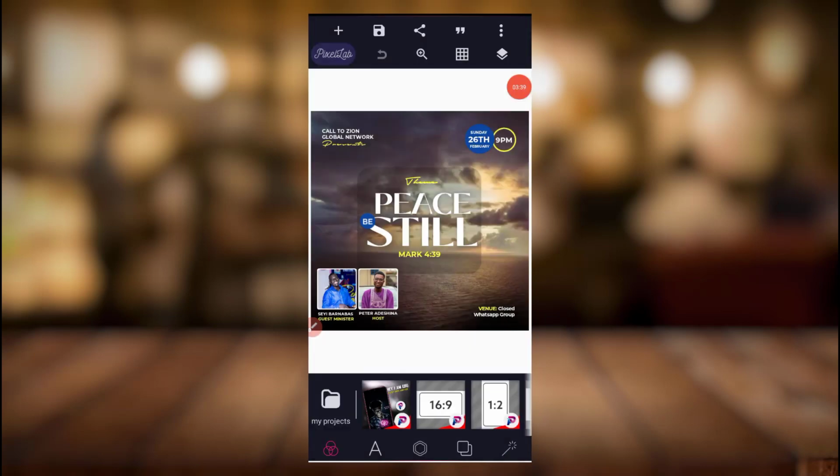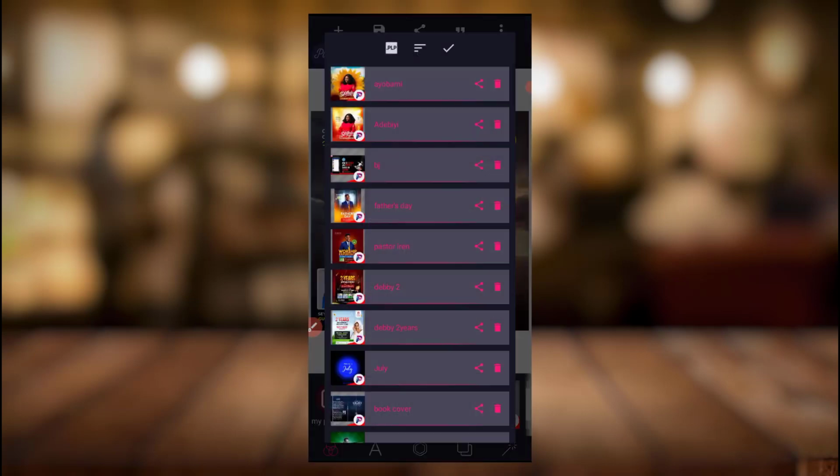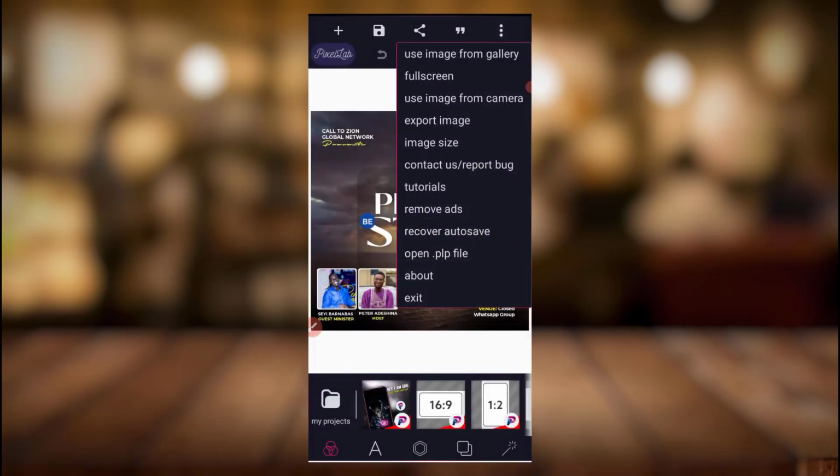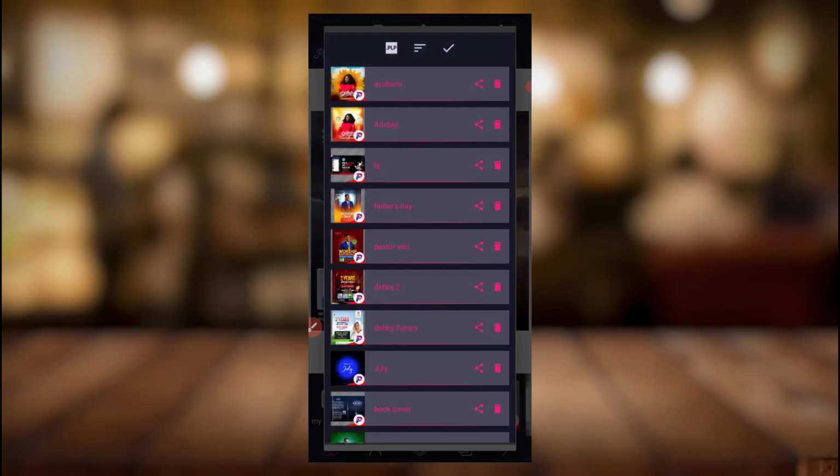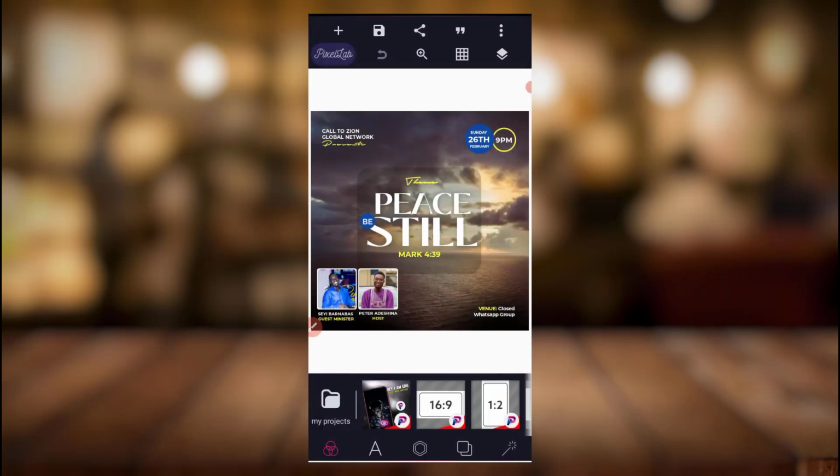Now, if you want to extract this PLP file, how you can extract it, I have a video in the description of this video. Please do well to check it. It's in this video description. Okay, so after you've downloaded the PLP file, I'm yet to share it, but once you've downloaded and extracted it, just come to this guy here. That video will show you how you can do it. I don't want this video to be too long. You can extract it, you can input the password because it has a password. Alright, so